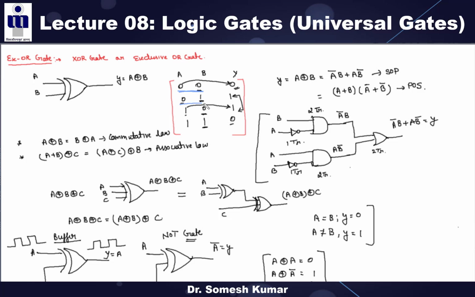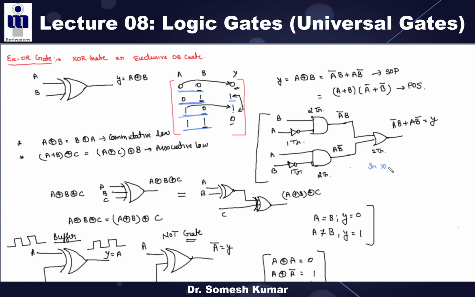In the second row, how many ones? 1. And the output is also 1. Here in the third row, how many ones? 1. Output is also 1. Here, how many ones? 2. So, can I say in the XOR gate the output is logic 1